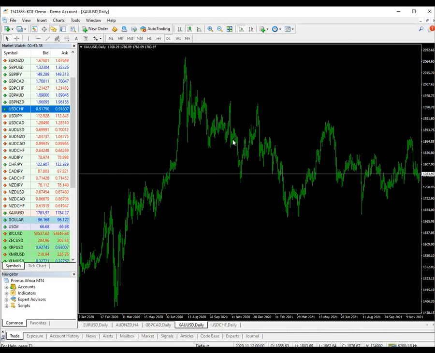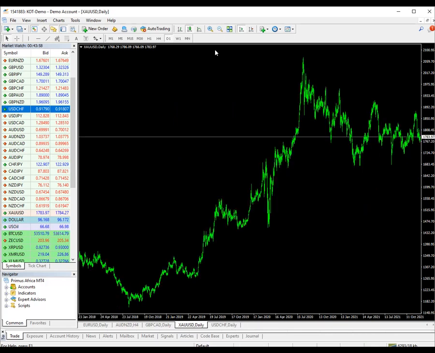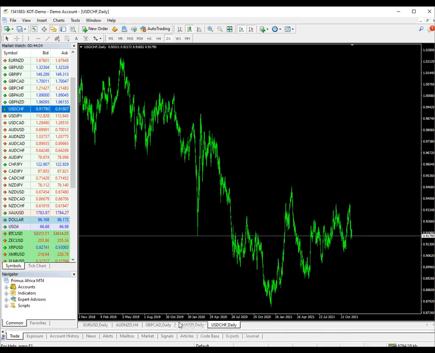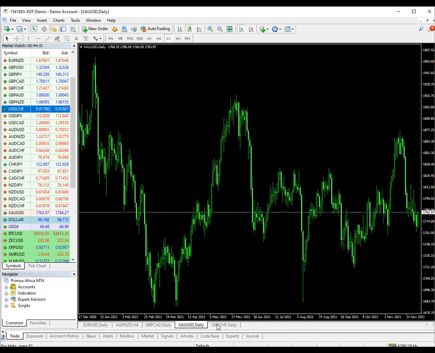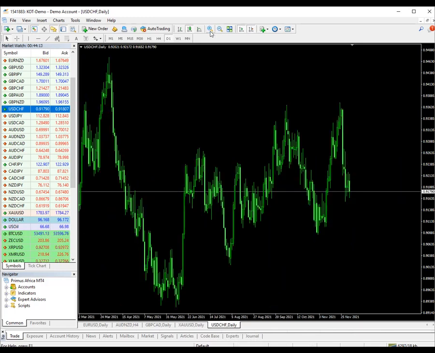Sometimes you will see it perfectly clean. Other times, you only see the correlation like this. So when you check gold, it will give you a general idea about AUD USD and then USD CHF. When you check, it will give you a general overview. It will give you an idea about the correlation. You see that? Good. So this is what we mean by currencies correlating with other currencies or commodities.